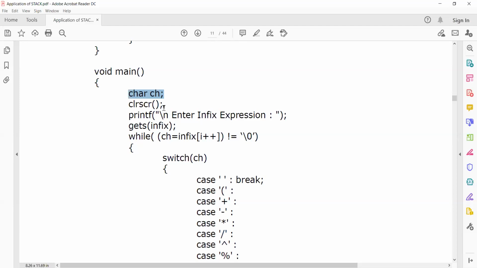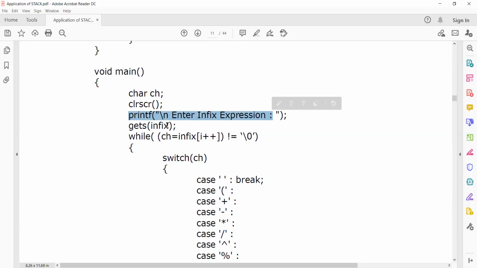You will not scan the whole expression; you will scan one by one. So the scanned element should be placed in some variable, that's why we are using the character variable ch. Okay, declared.